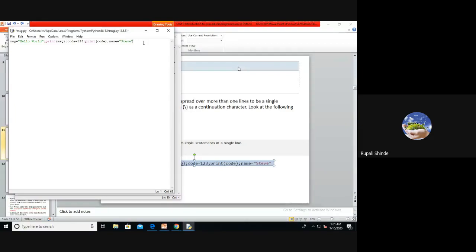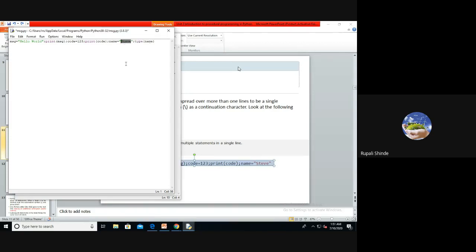Suppose I want to execute another statement, like checking the type of name. We'll check how it is going to execute. Type of name, this function will return the type of the name variable.